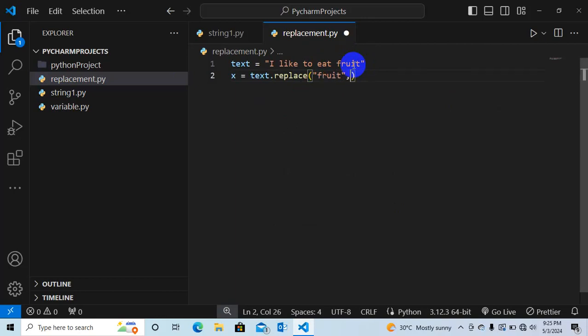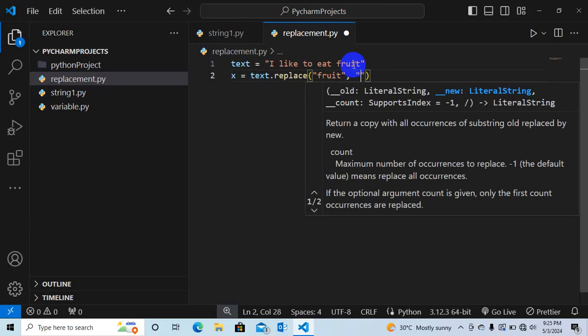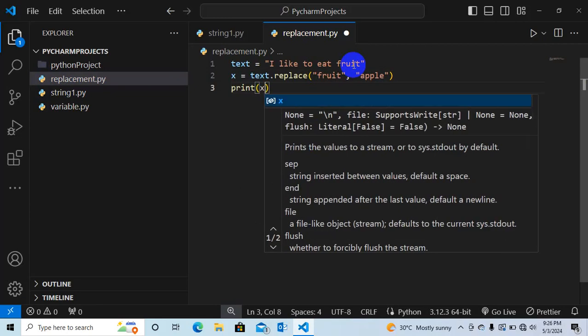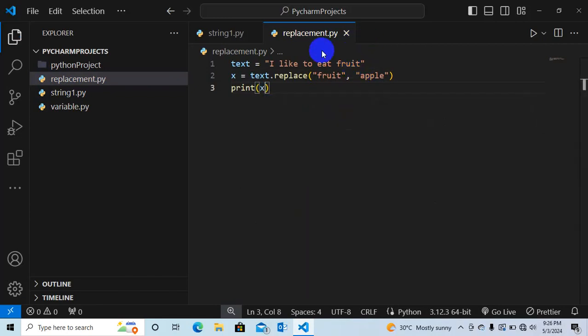I also want to replace it with apple. So I can come here and put my print function and print the variable x. Save this. So instead of saying I like to eat fruit, now you will see I like to eat apple.